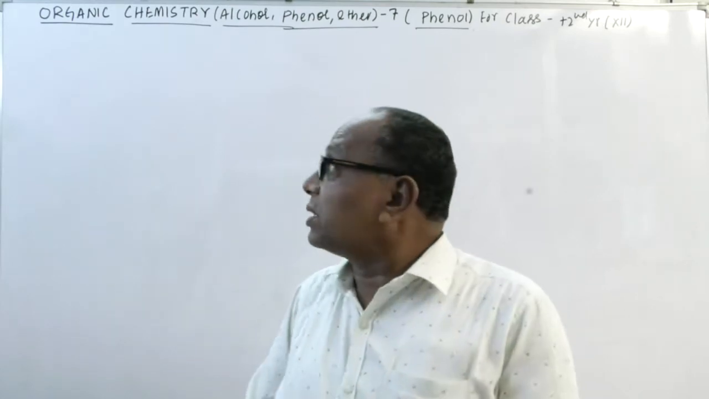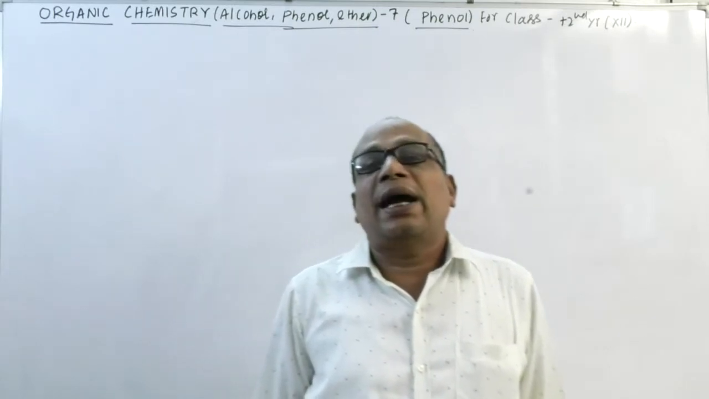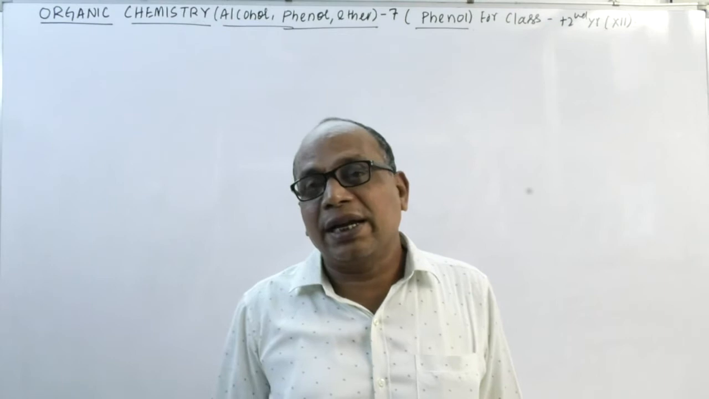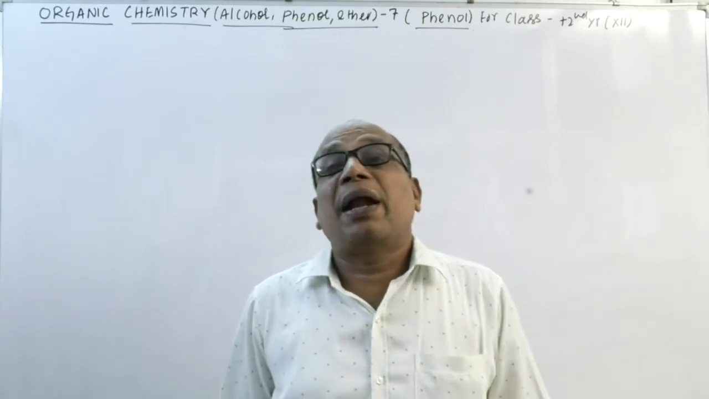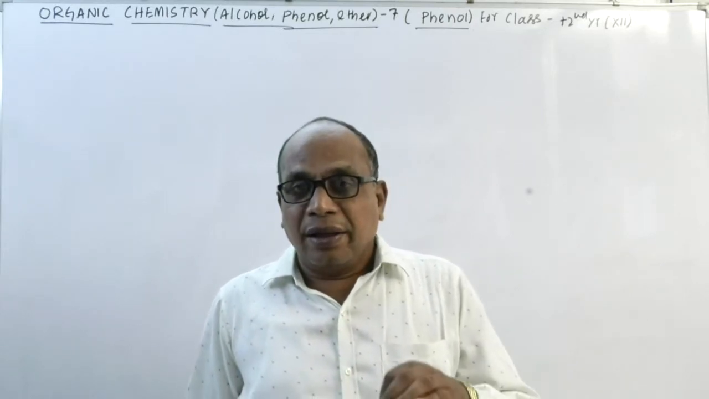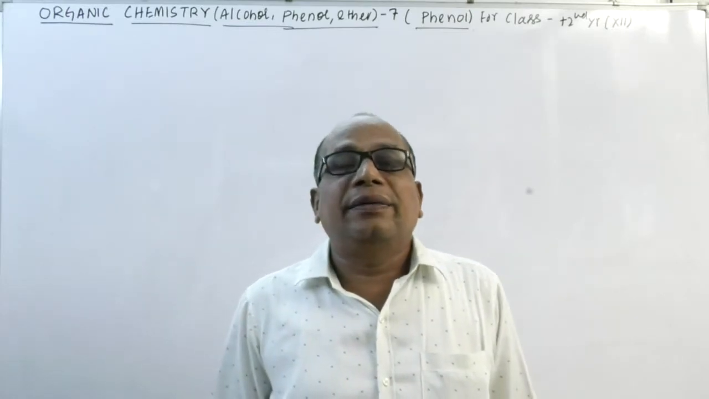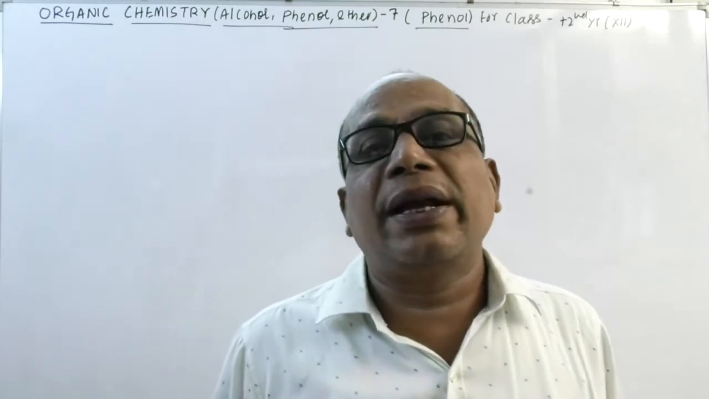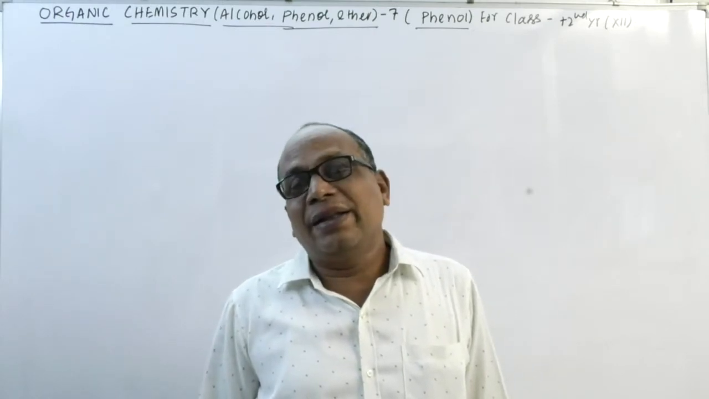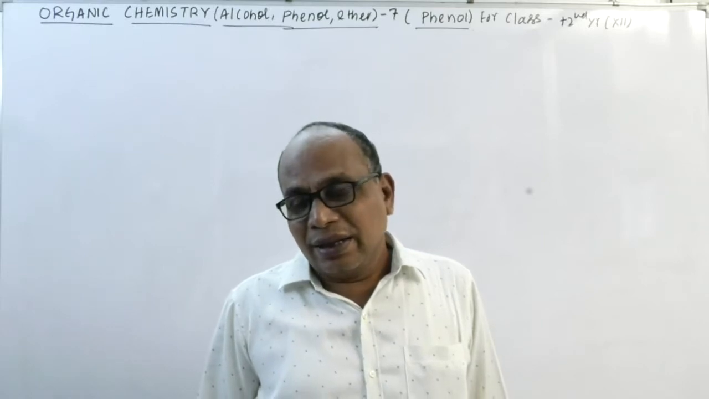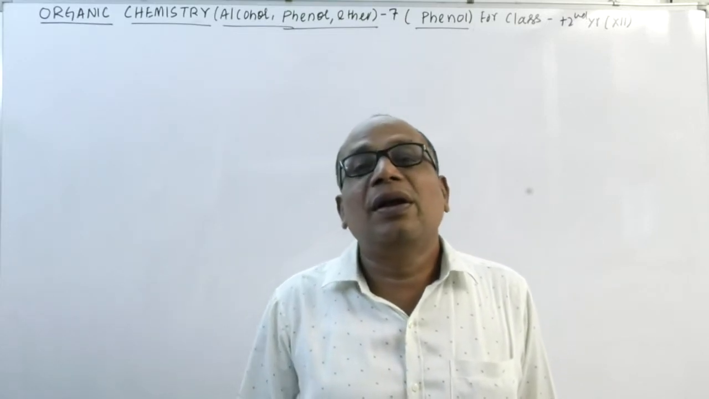Last class, in class number 6, we discussed the characteristics of alcohols and the identification of alcohols, that is, how primary, secondary, and tertiary alcohols are identified by the Lucas test or Victor Meyer test. Primary, secondary, and tertiary alcohols can also be identified by oxidation or dehydrogenation. And last class we also discussed the conversion of methanol to ethanol and ethanol to methanol by various